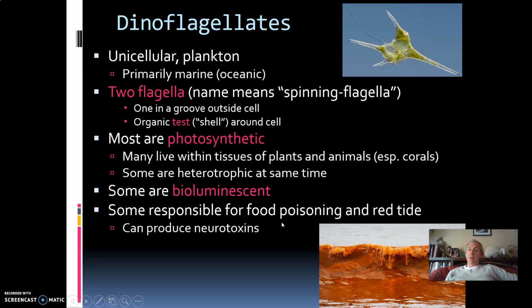some dinoflagellates, and the dinoflagellates that they were eating happened to be ones that produced weird chemicals. A lot of the chemicals are neurotoxic, which means that they affect human or animal nervous systems. And so, especially if you have food poisoning that makes you feel dizzy or tingly when you're vomiting, often that's a sign that you had dinoflagellate food poisoning. Usually it doesn't kill humans. It's usually kind of a weird seafood poisoning.